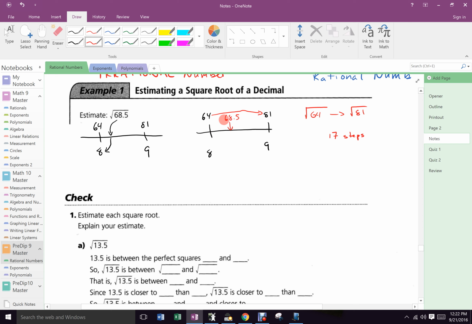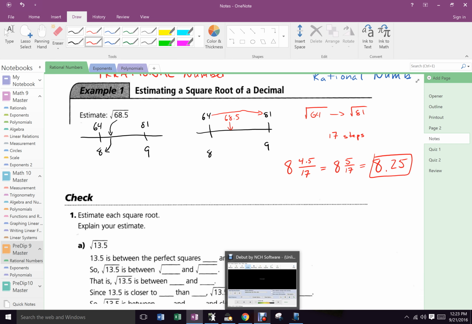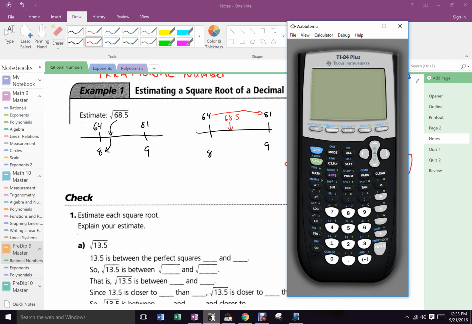Which is how many steps past 64? Jack, 4.5 steps. So we are going 8 and 4.5 steps out of how many? 17. Which we then estimate as 8 and 5 out of 17, which is almost a third, yes? Yeah. So we are going to say 8 and almost a third, 8.25. Would we be happy with that? Yeah. Then, just to prove that we are smart cookies,